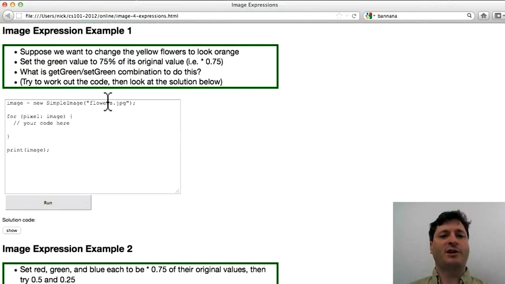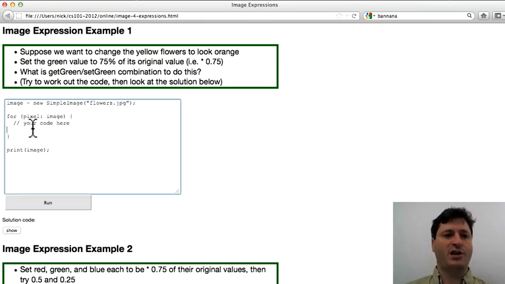Suppose I'm going to take the flowers image, and let's say I want to make it look more orange. So my strategy is, let's change the green value. Let's just turn down the green. Mathematically, I'm going to say, let's change the green to be 75% of whatever it was. In this example, I've started the page with no code in it, so I'm just going to type this in. If I want to change the green to be 75% of what it was, and this is similar to the examples I just showed,